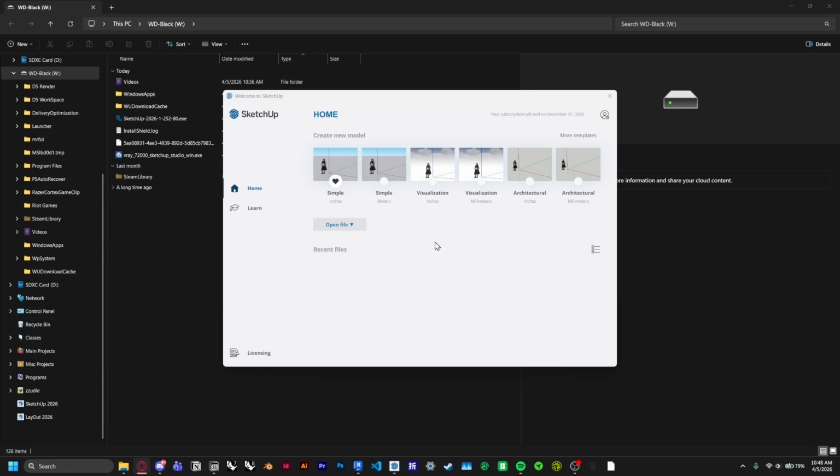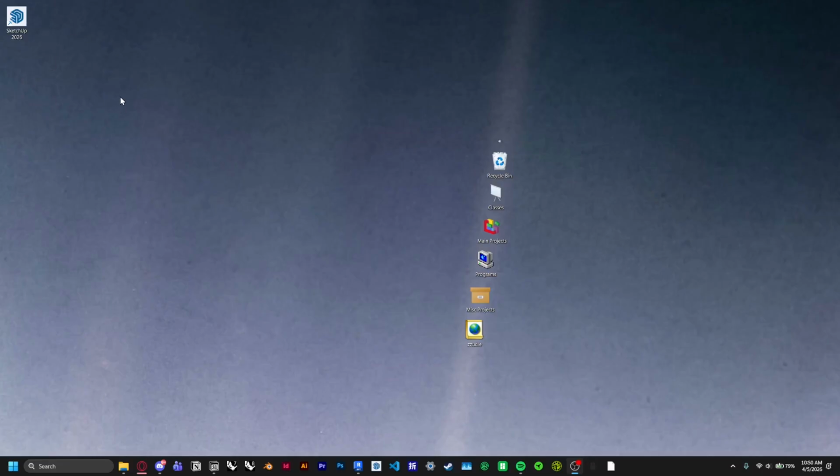Great job in downloading SketchUp. Next we'll move into the modeling of the site. You will also likely be able to find the SketchUp desktop shortcut